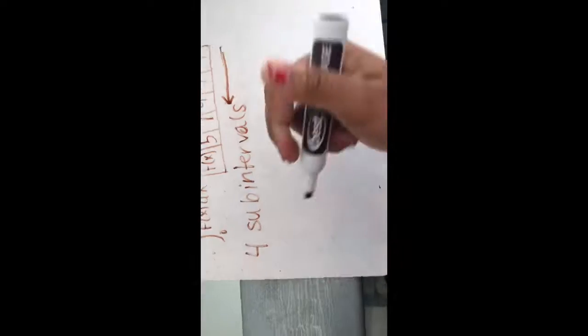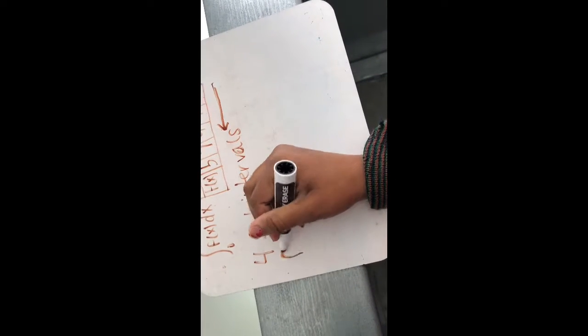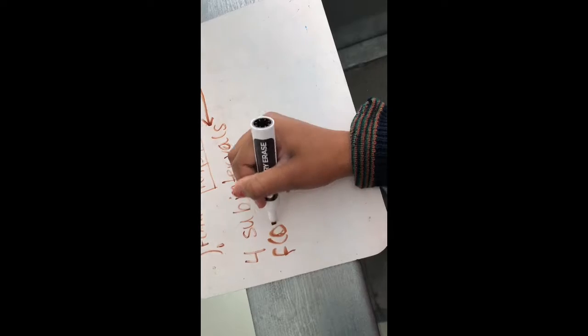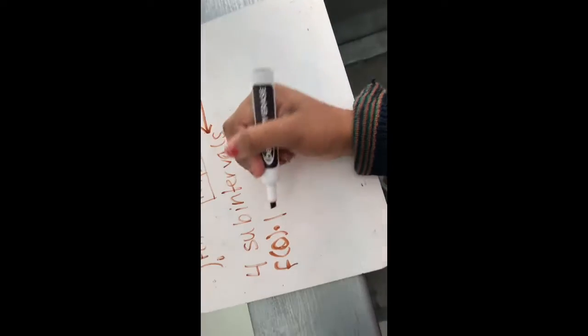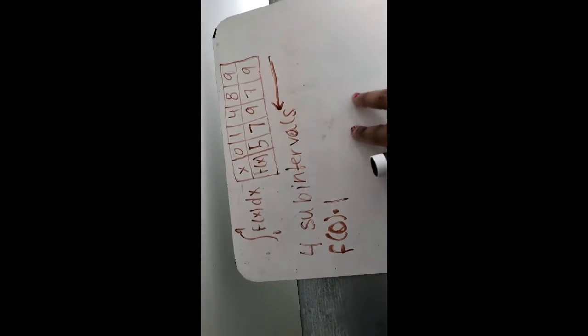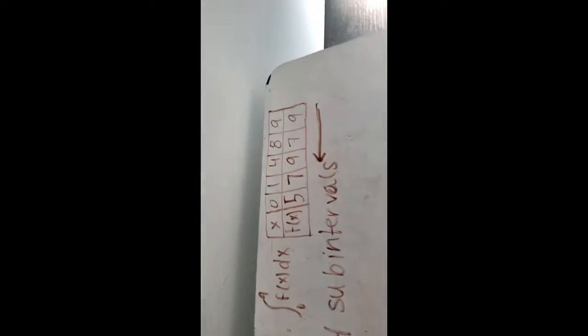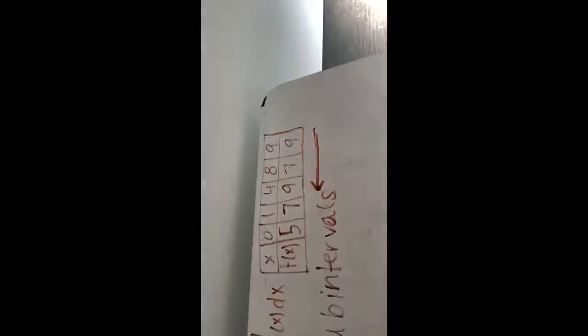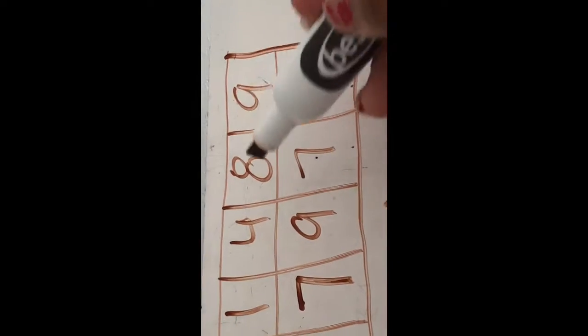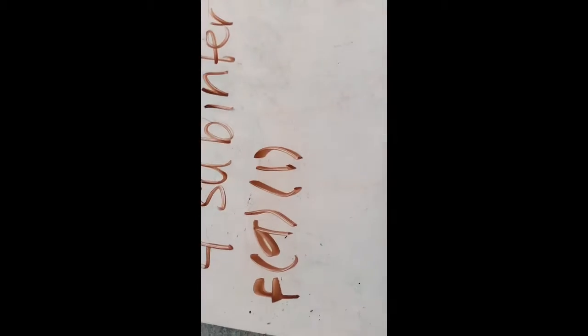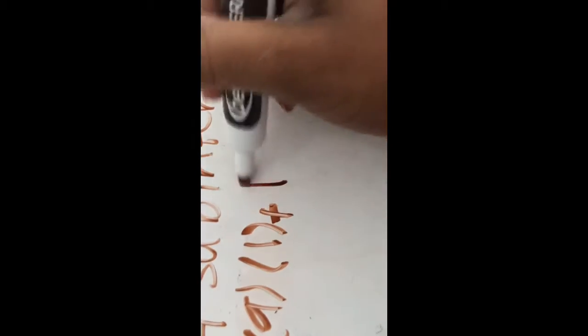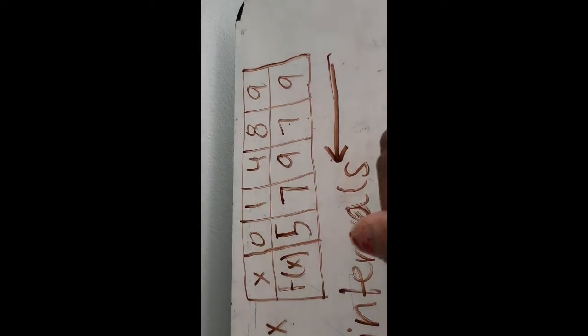Good job. So I already know you said we're gonna take f of 0 and multiply it by 1 because, oh, actually if you said that you would have been wrong, so I take everything I said back. What you should have said was we're gonna take f of 9 because we're starting from the right. So you're gonna take f of 9 and multiply it by 1 because there's one space between 9 and 8. So f of 9 times 1 plus f of 8